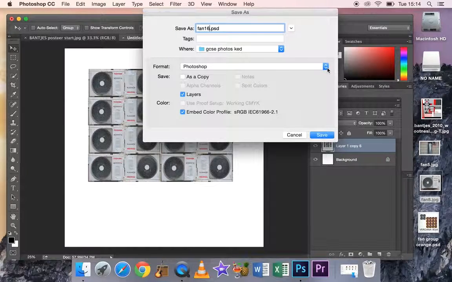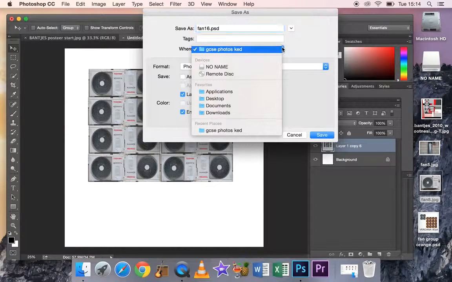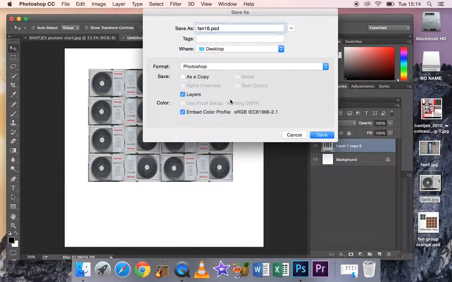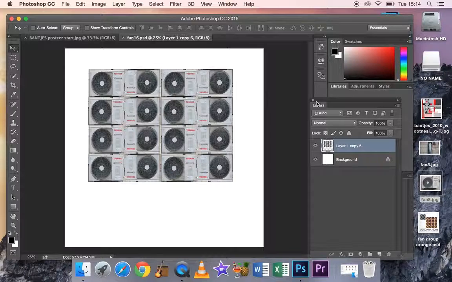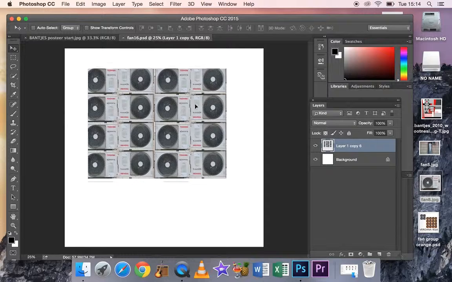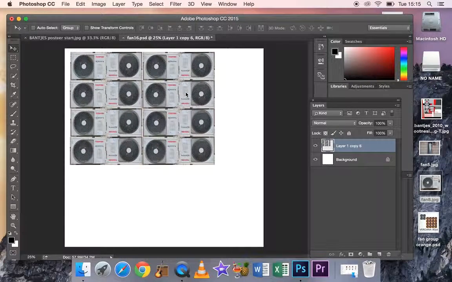It's a Photoshop file to keep the layers, and I want to save it at the moment onto desktop. Anything that you're saving onto desktop, obviously you will then drag into your Apple cart. So I've saved that as a desktop version. I'm going to